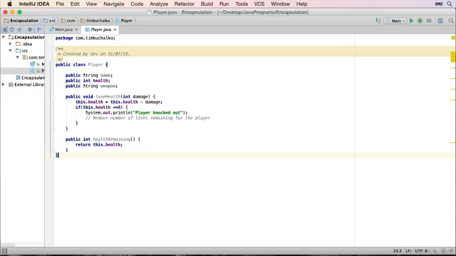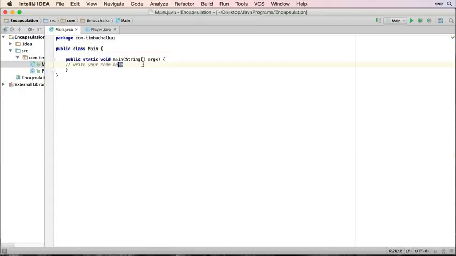There's a name, there's the health, and there's a weapon that we can assign. We've got a simple method, lose health, which we pass the amount of damage to. Then if the total amount of health falls to or below 0, we just print out a message to say the player's knocked out. And that's where we would normally put the code to reduce the number of lives and to check whether the game's over. So let's go back to our main class,